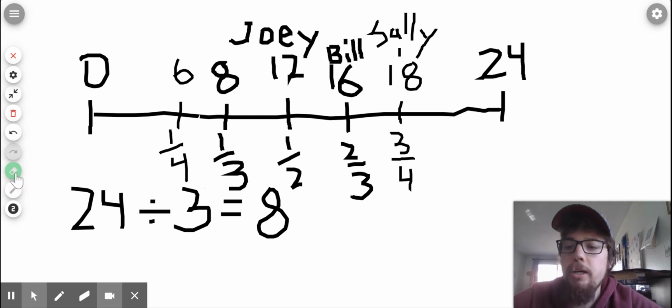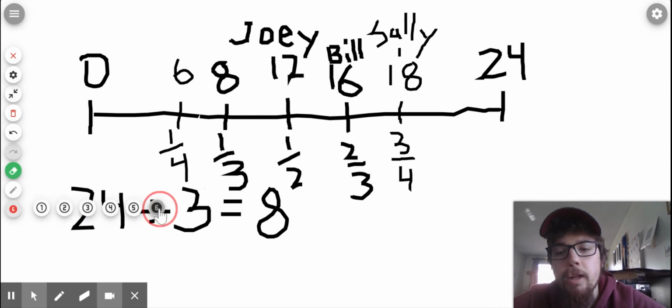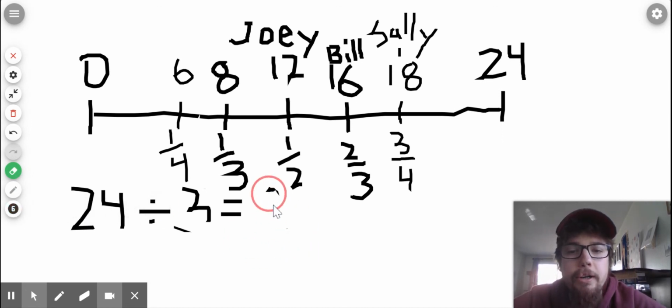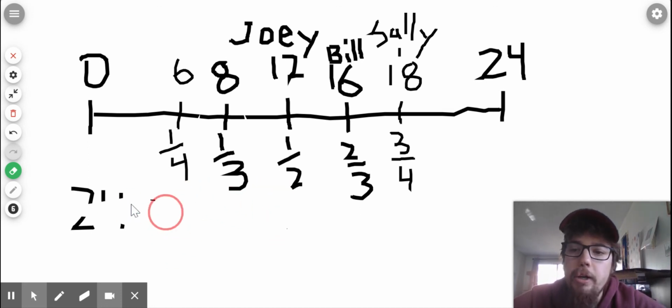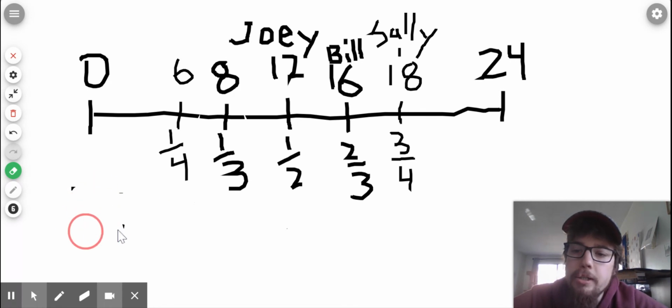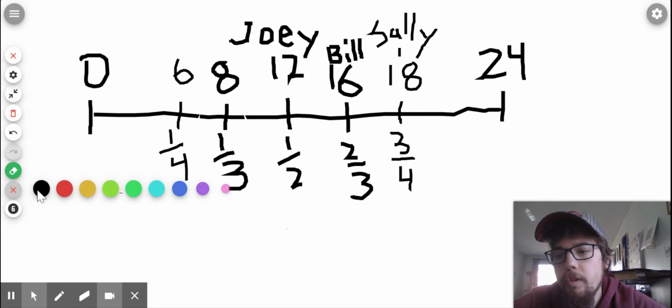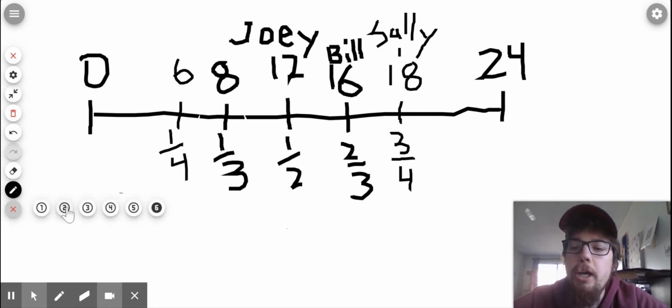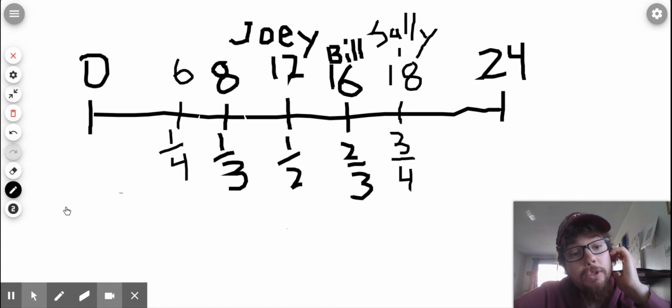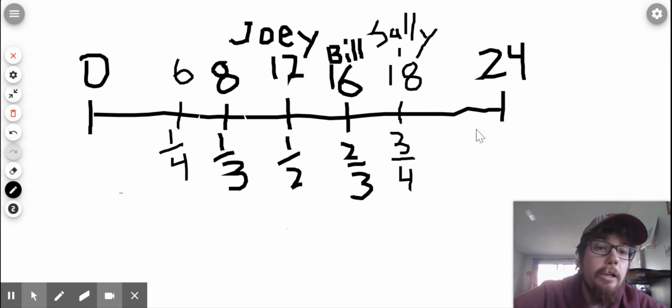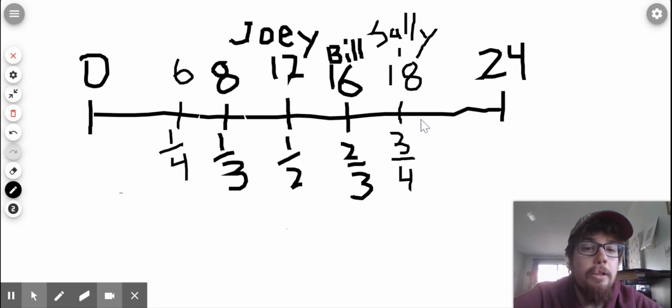And now the last one I called a bonus because it's super tricky. And so I'm going to challenge you to try to figure out that one on your own using this number line that I just made for you guys to use, okay? So the bonus question was, you studied really hard and you scored 7/8 correct, which we remember is a very large fraction, okay? So that is bigger than 3/4. So you already know that it's got to be more than 18, okay? It's going to be somewhere around here, okay? So if we wanted to figure out what 7/8 was,